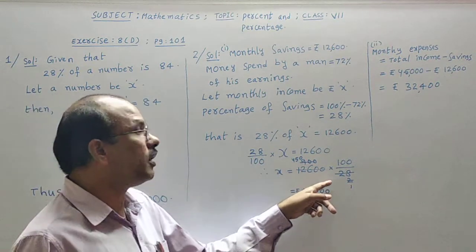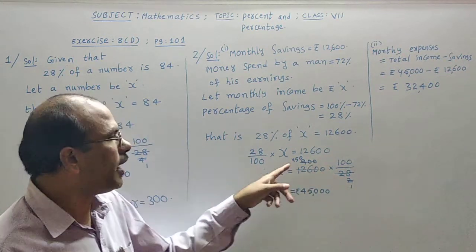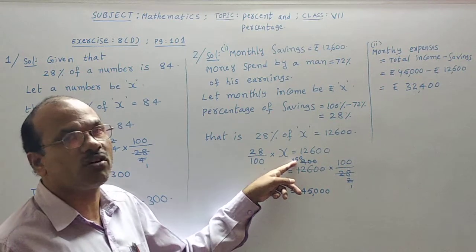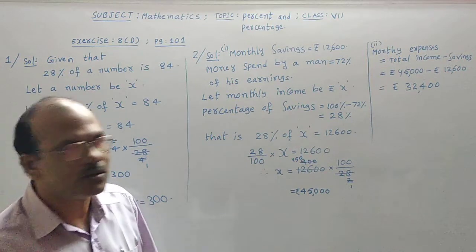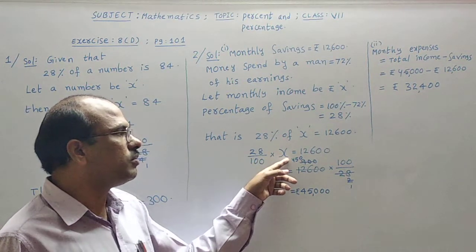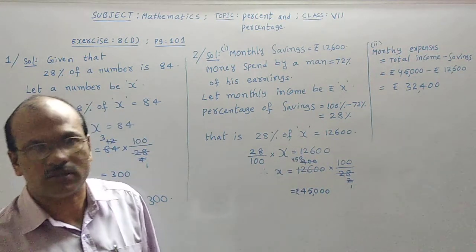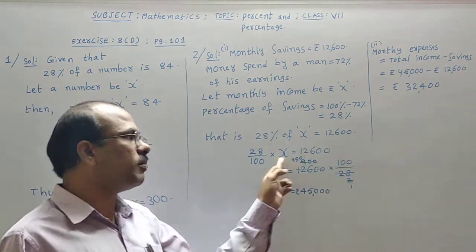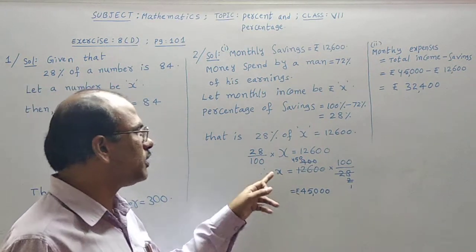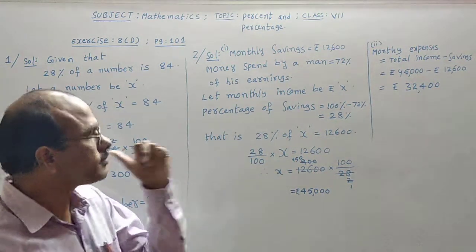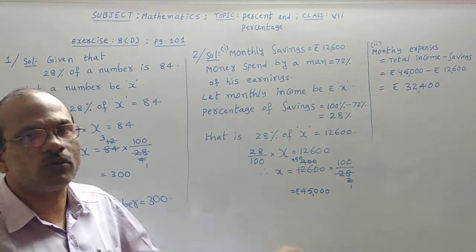Am I correct? Then I have used the 14th table to cancel. 14 2s are 28 and 14 9s are 126, and the other 2 zeros were dropped. Afterwards with the 2 table I have cancelled: 2 1s are 2 and 2 45s are 90, and the other 0. I got 450. 450 multiplied by 100, I am getting an answer of 45,000 rupees. That is the x value. That is the total monthly salary of the person, 45,000 rupees.